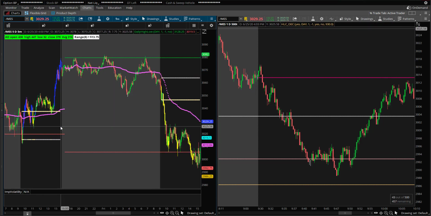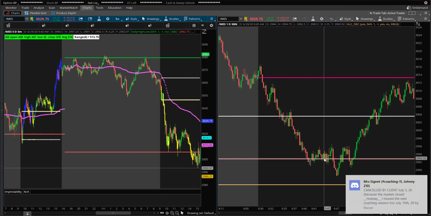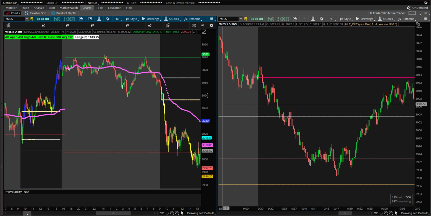If we go back and look here, the market closed around 30.71. It opened at 30.58, so it had gapped down in the overnight hours, and you can see that it didn't even try, it didn't even attempt to make a run to the upside at this point. It just immediately fell, and at that point we'd say, look, there's not going to be a gap close today. I do use the words